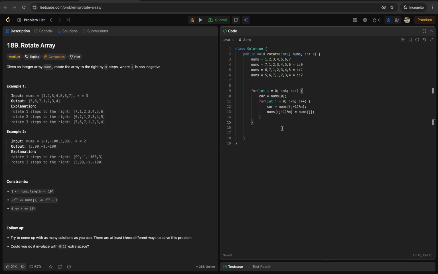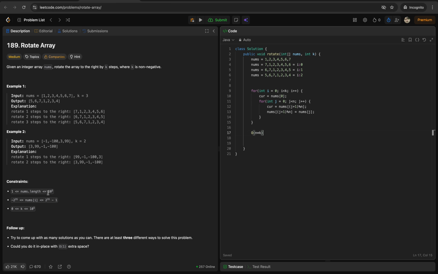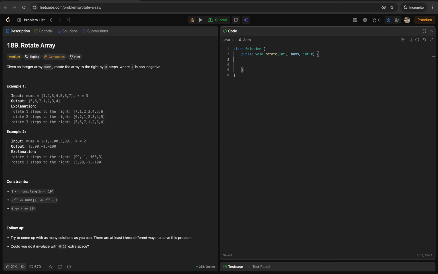Now in this approach the space complexity is fine, but the time complexity has become order of n cross k, because we are running 2 loops, which is not a correct approach I think for this, because of the length constraint. So this will be 10 to the power 5 into 10 to the power 5, which is not a suitable approach. So other than this, what I think would be one more solution for this is, let's say